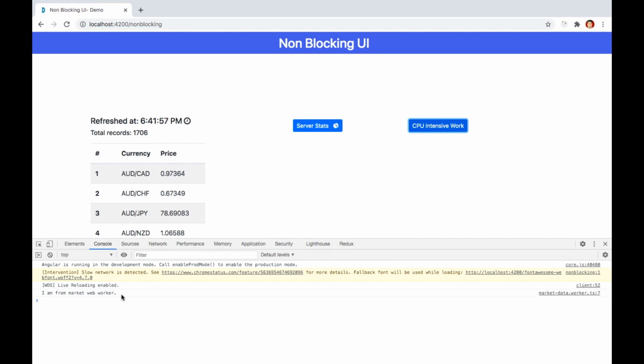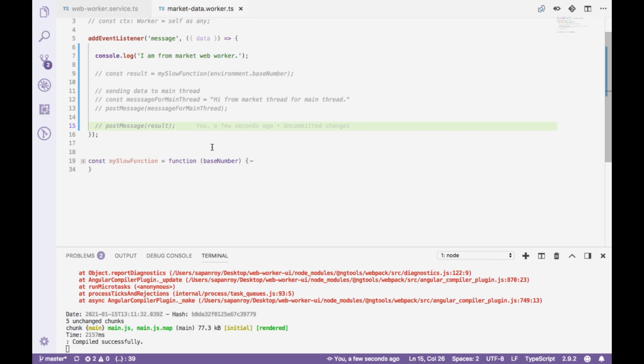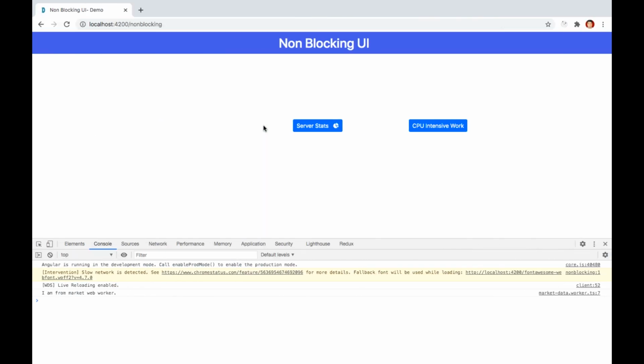Now the second question: is the web worker responding to the main thread? Let's send a different message from the market thread, which is the market web worker. So let me switch again to the web worker. Here I will remove this and I'll post and comment this particular line. And let's verify it again.